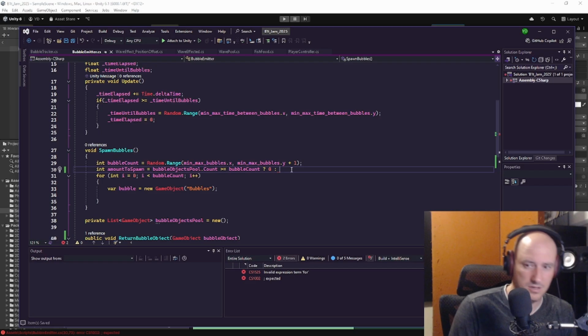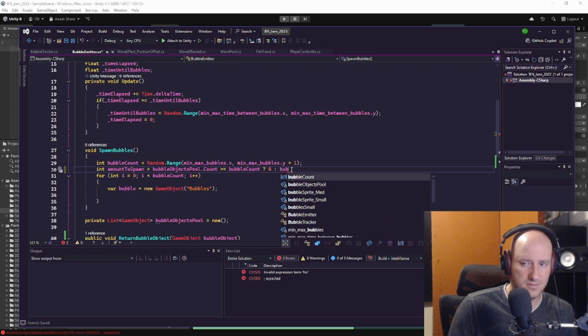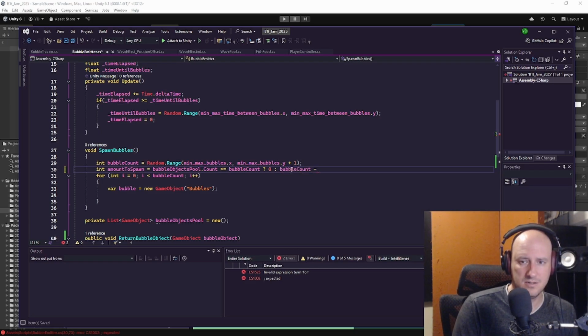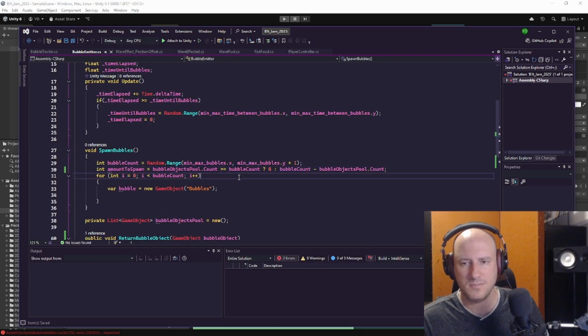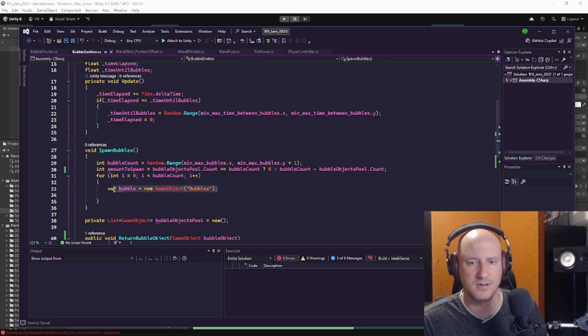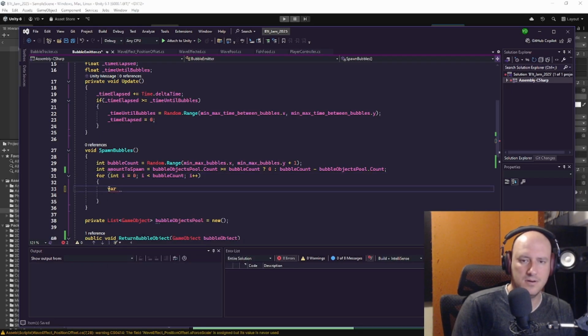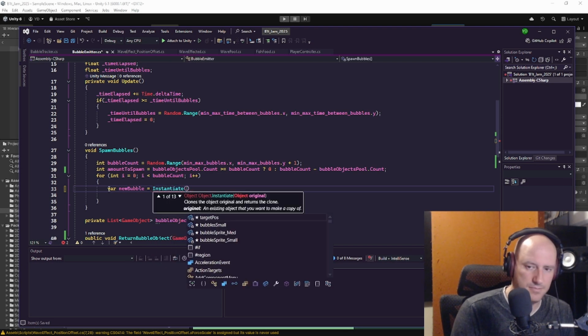So then we're going to say bubble count minus bubble pool count. Okay. Then that will spawn new bubbles, new bubble equals instantiate